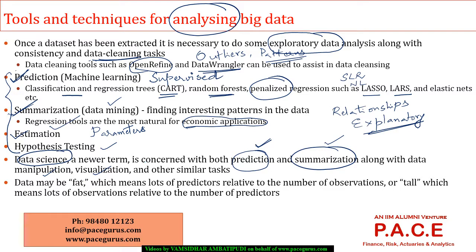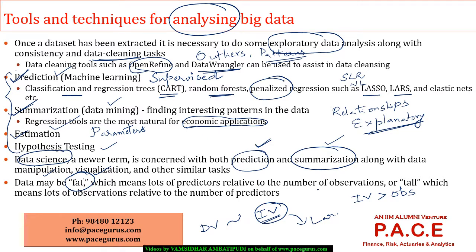And in many cases, especially when I am doing prediction models, sometimes my data could be very fat. When I say my data is fat, I am talking about the independent variables, the predictor variables. Always the prediction is done by mapping the dependent variable with the set of independent variables. Now, if the number of independent variables is higher than the number of observations altogether, the number of data points that I have,